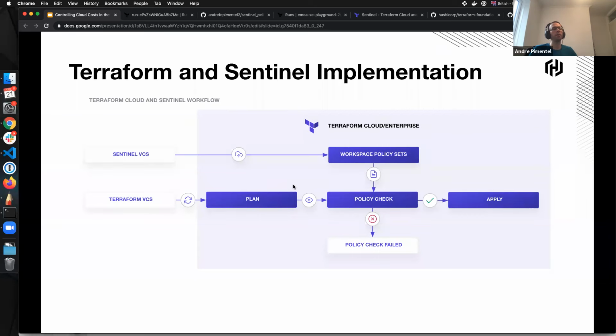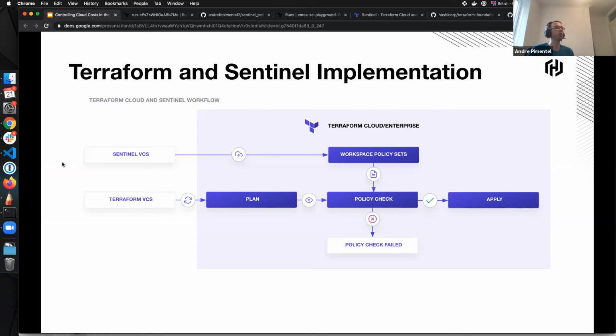So you see that Terraform code and Terraform configuration should reside in the VCS. As I mentioned, with Terraform Cloud Enterprise the focus is on the VCS. The VCS should trigger everything, or the API can also be used to automate this process. But Sentinel should also reside in a VCS, in source control.